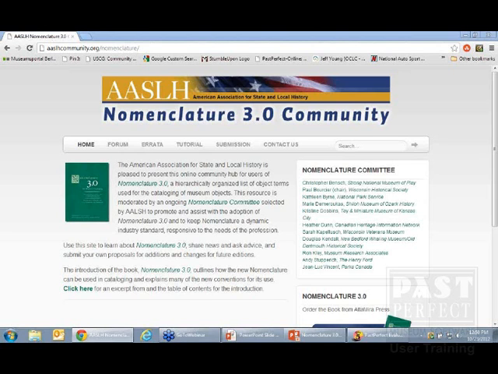Let me see if I can make it really clear. If you had a SOCKER ball in your collection, and it was in the proper order, ball, comma, space, SOCKER, and you convert to nomenclature 3, your SOCKER ball will go from being part of sporting equipment to being unclassified. If you added a term to your database because you saw soccer was misspelled and you have ball, comma, space, soccer in nomenclature 2 classified,